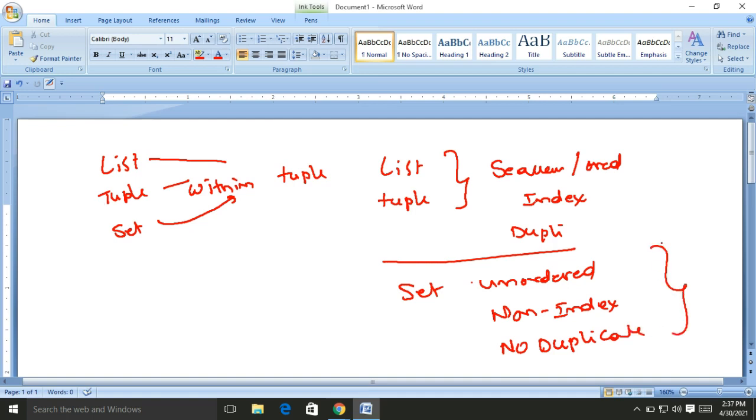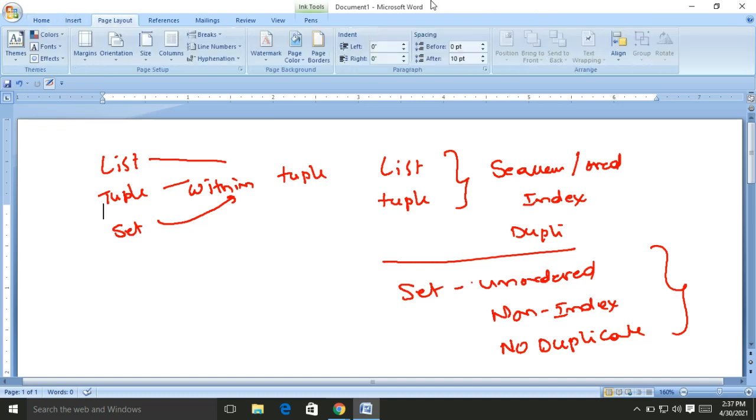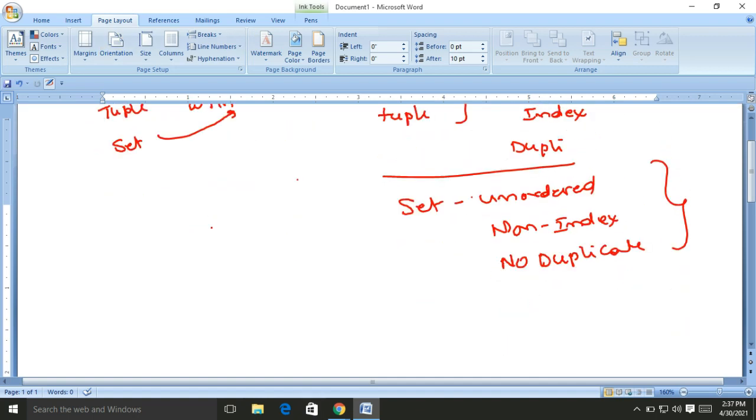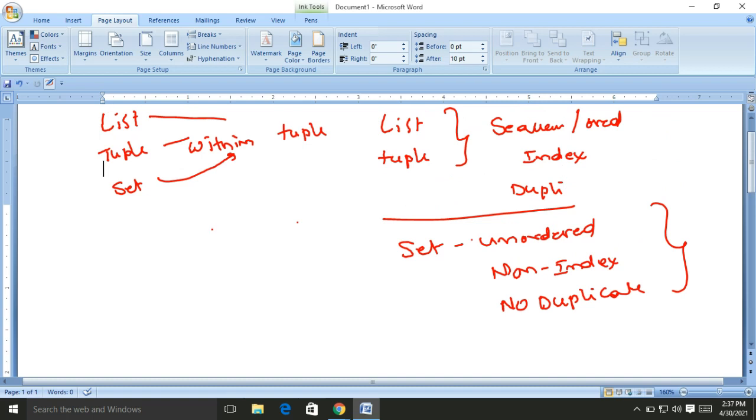With the help of indexes we are unable to access the set elements, but with indexes we are able to access the list and tuple elements. But the tuple is immutable, and sorry, the list is mutable.